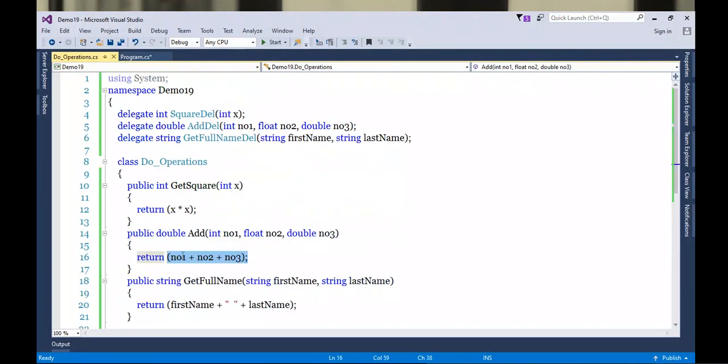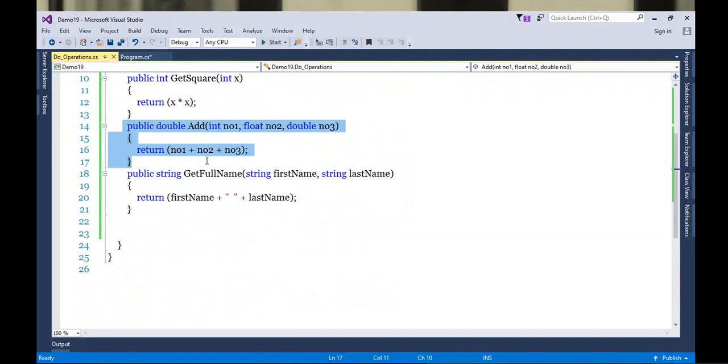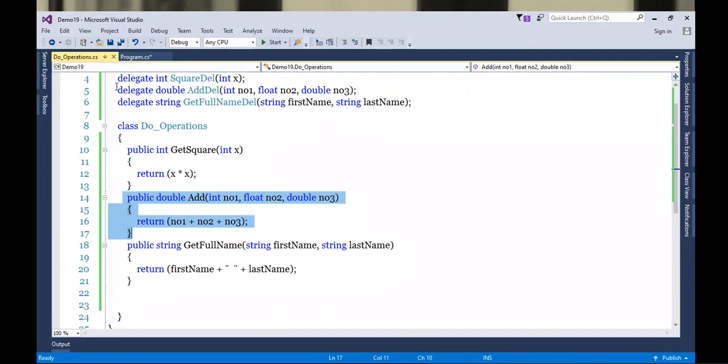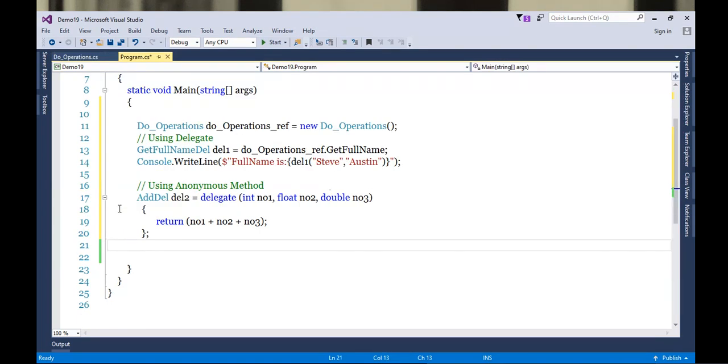So instead of using this named method add, we just prepared a delegate, add delegate, and using this delegate, we directly return the logic here. So the named methods option is removed. This is anonymous method. Okay, so let's start calling this now again.